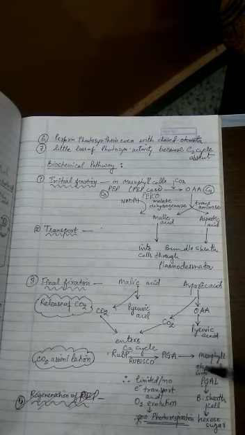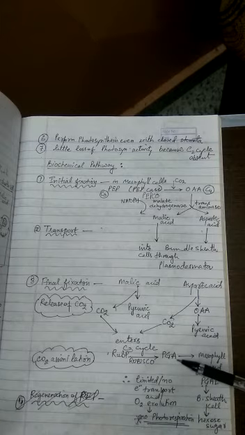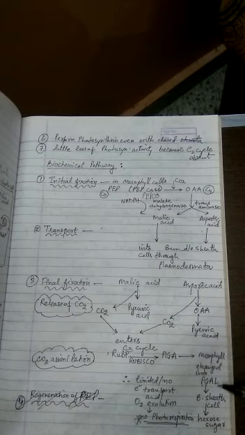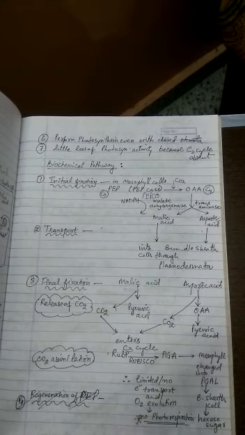If the PGA straight away changed into PGAL in the bundle sheath cell, this would cause the liberation of oxygen, and then there would be a problem. That's why these plants have an adaptation of shifting PGA to the mesophyll so that it can change into PGAL, and then it comes back to the bundle sheath cell and undergoes changes to turn into the 6 carbon sugars. Now because there is limited electron transport in these cells and there is no oxygen evolution in these cells, that's why there is no photorespiration present here. The final step